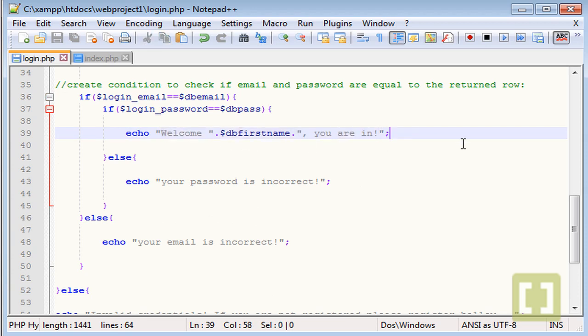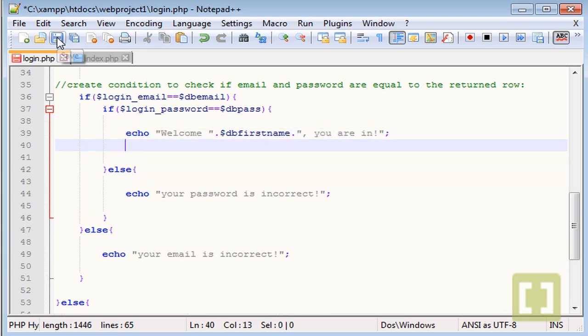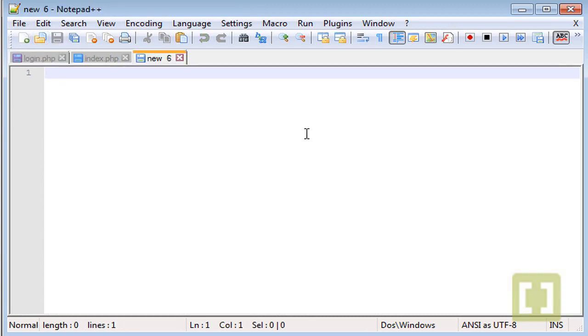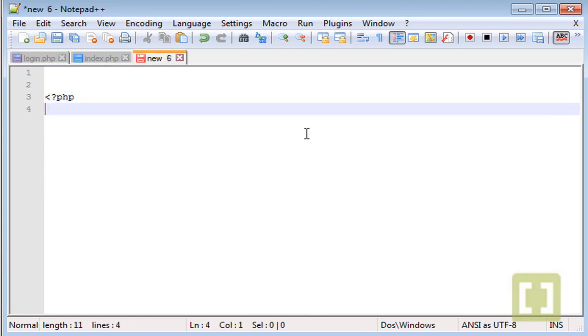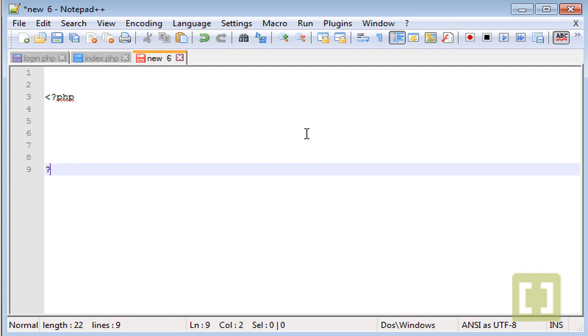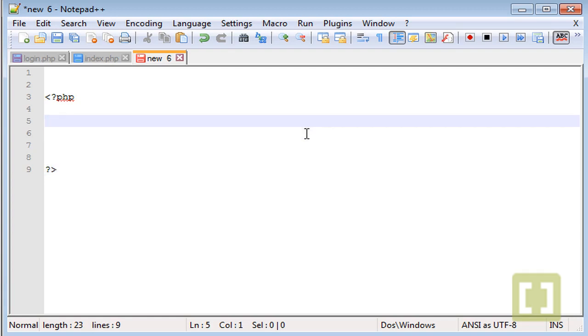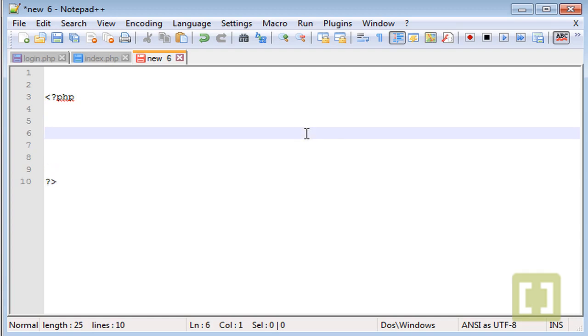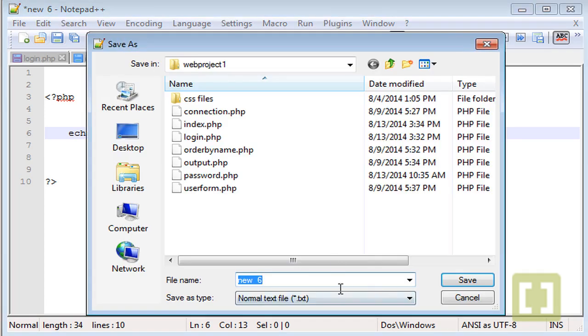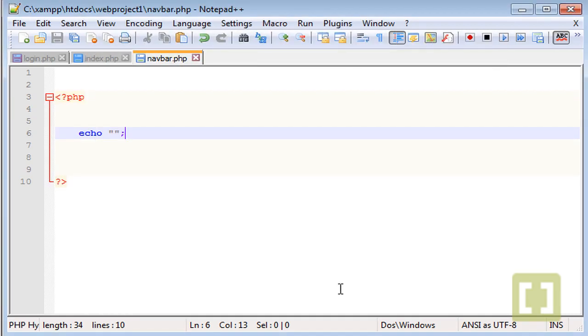So instead of that, let's create a new file and save this as navbar.php, and this will echo out a href equals